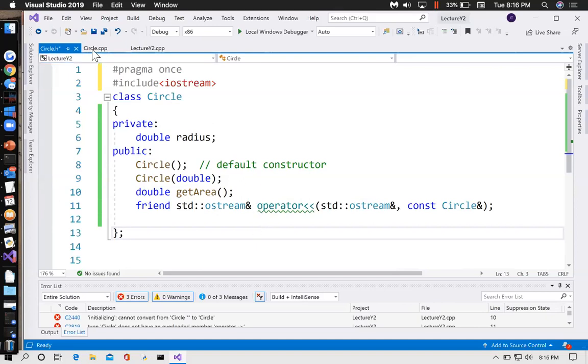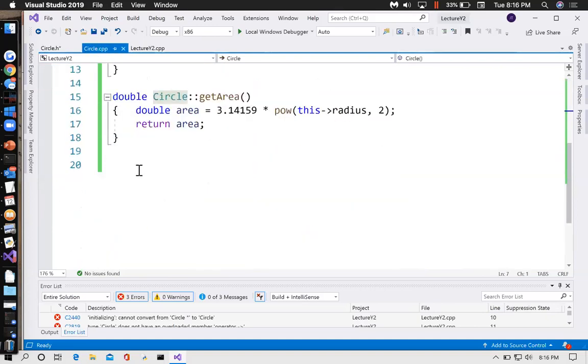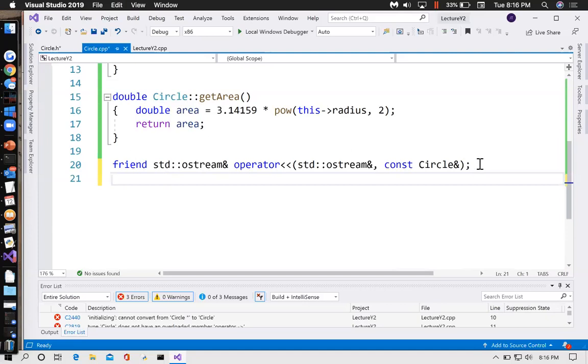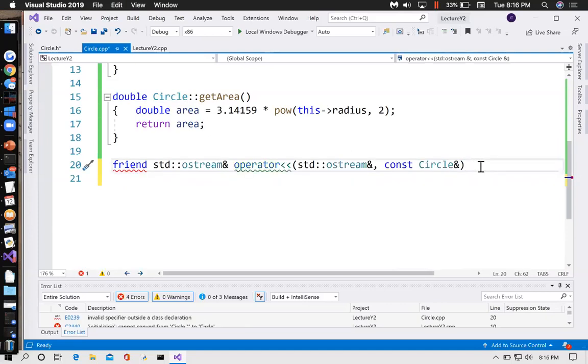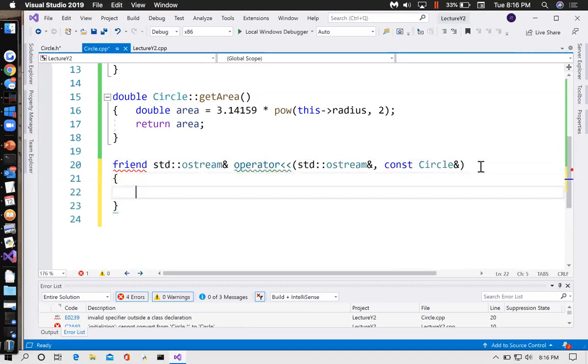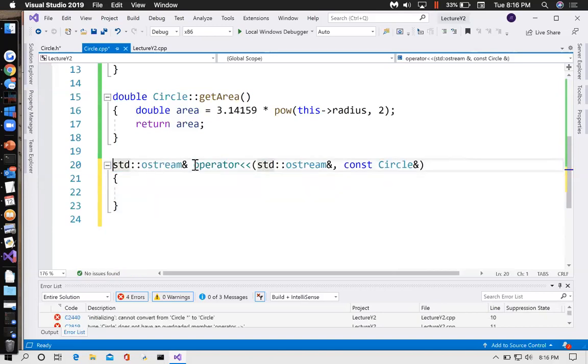All right, I'm going to go to circle, scroll down to the bottom. This is my prototype. I need to remove the semicolon, remove the word friend, and prefix it with the name of the class, I think. No, I guess not. It's not a part of the class, so I don't put circle::